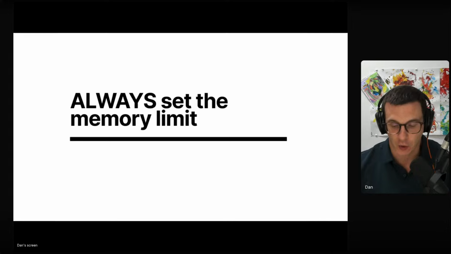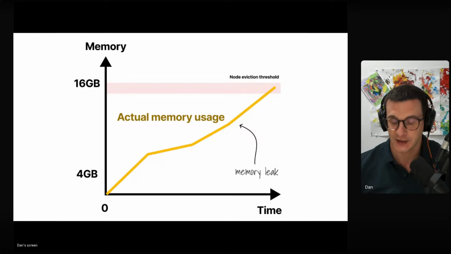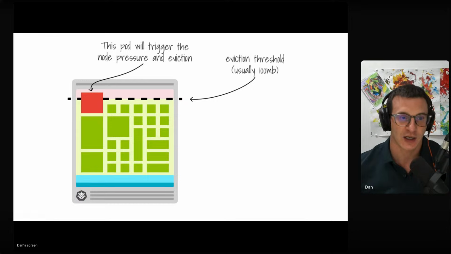The first thing that we always recommend is to always set the memory limit. A memory limit is basically the maximum amount of memory that a container is allowed to use. And if it uses more than that, then that process will be killed. Why do we need this memory limit? The idea is that if there is something like a memory leak, we don't want this container to use all the available memory. We want to stop it somehow, because that could affect not just that container, but all the rest of the node, the applications as well as the node. So generally, not a good idea.